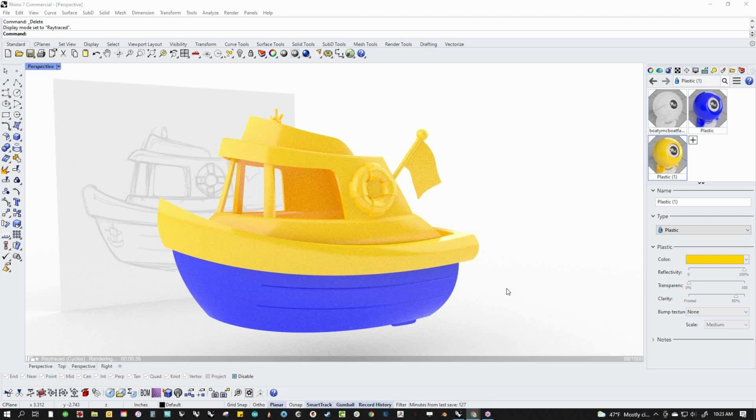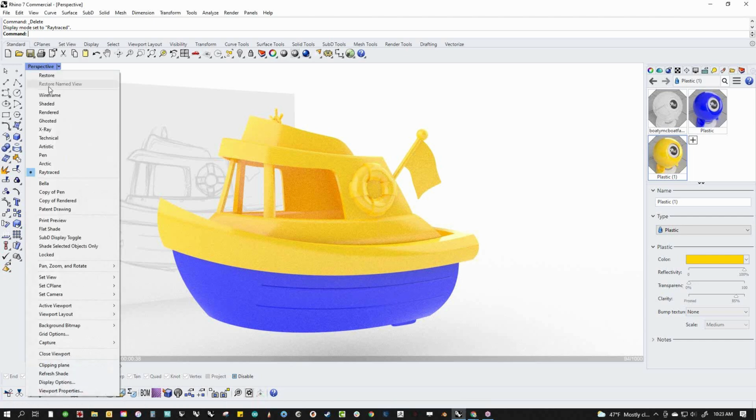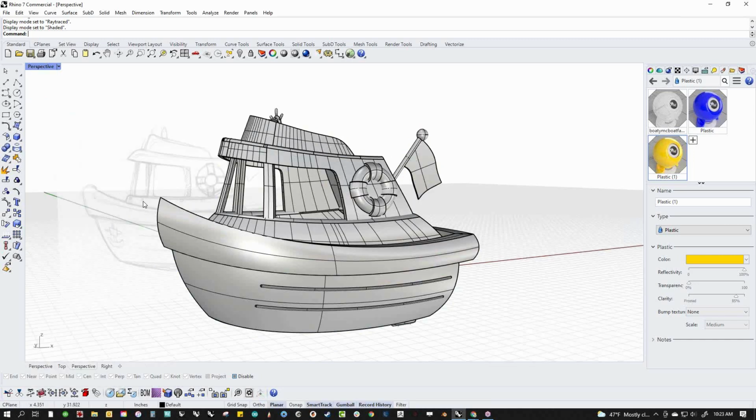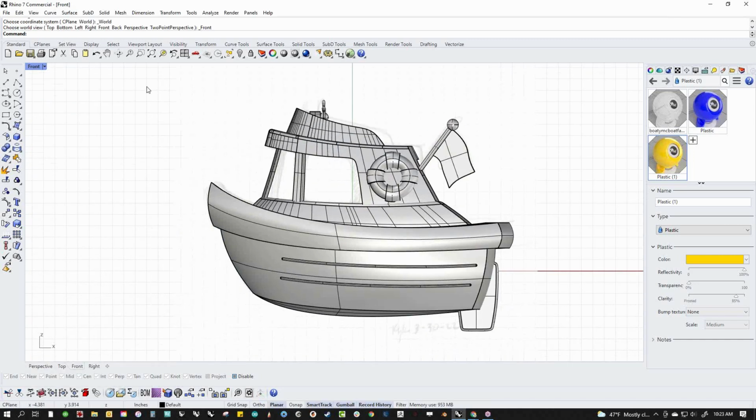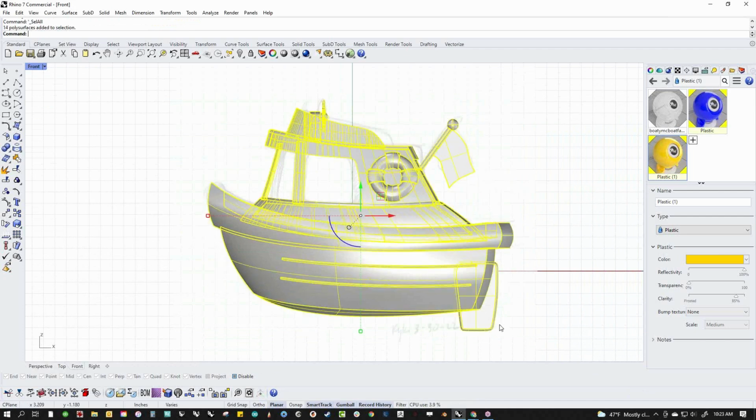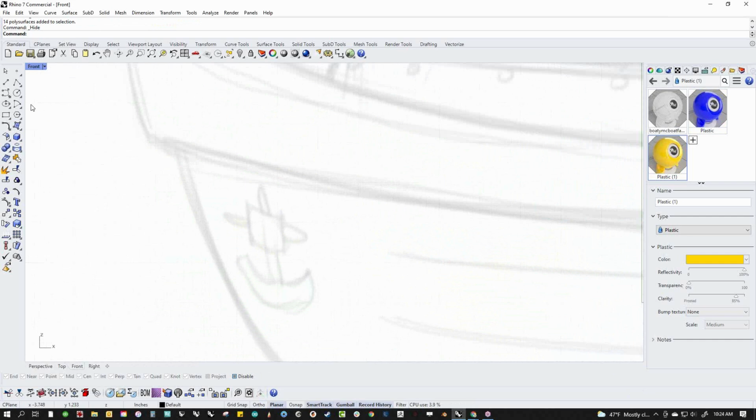So the one thing I will show you, let's talk about the anchor for just a second, because there is actually a cool way to do this. So let's get rid of all this for a second. The anchor, there's a tool called multi-pipe, which is really kind of awesome. And if we do this, it's a sub-D tool. If we draw this anchor like this, and the curves are all in the same plane, but they're overlapping,